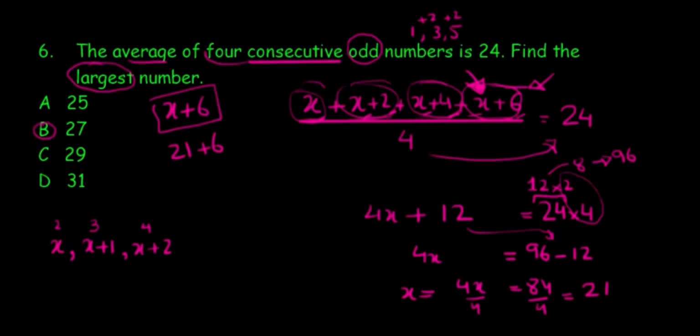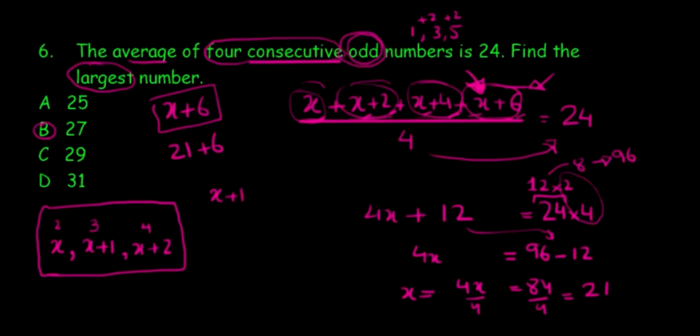It's important to grab the concept of consecutive numbers, odd consecutive numbers. Basically this is the origin of it. So these are consecutive numbers. When they say odd, you pick one, you drop one, you pick one, you drop one. By the way, you can start anywhere. I can even say I want x plus 1 to be the first number, and then the next number would be x plus 2, and the next number would be x plus 3. Over here, they started with an x. I could start with x plus 1, x plus 2. It doesn't matter, because eventually you will get the exact same answer.